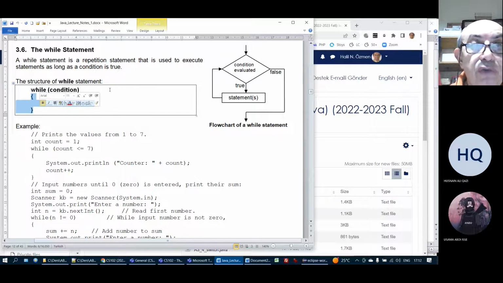How does it work? First, when it comes to this part of the program, the condition is checked. If the condition is true, then the block is executed. And after the block is executed, the condition is checked again. So in the condition part, there is some variable which probably would be changed inside the block. Otherwise, if there is nothing that is changed in the condition inside the block, then the condition will always